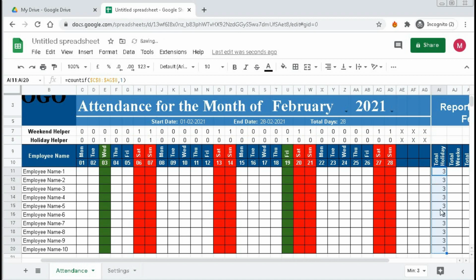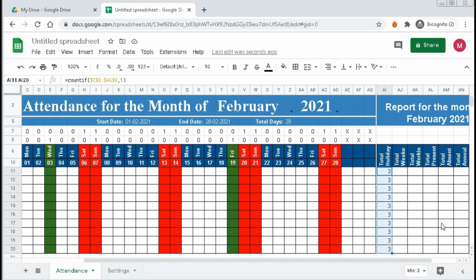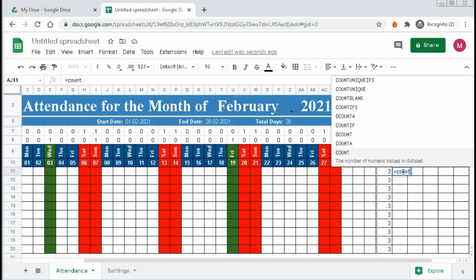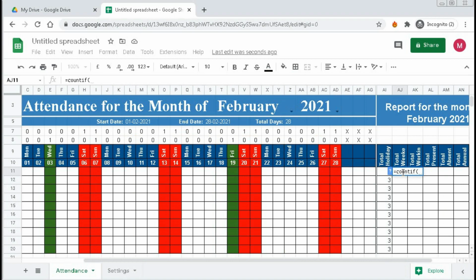So all the rows have 3 holidays, and now we will calculate the total weekends. For that, the same formula is used, equal to COUNTIF, open bracket, this is the range, comma 1, and the range should be locked, F4, then close bracket, enter.